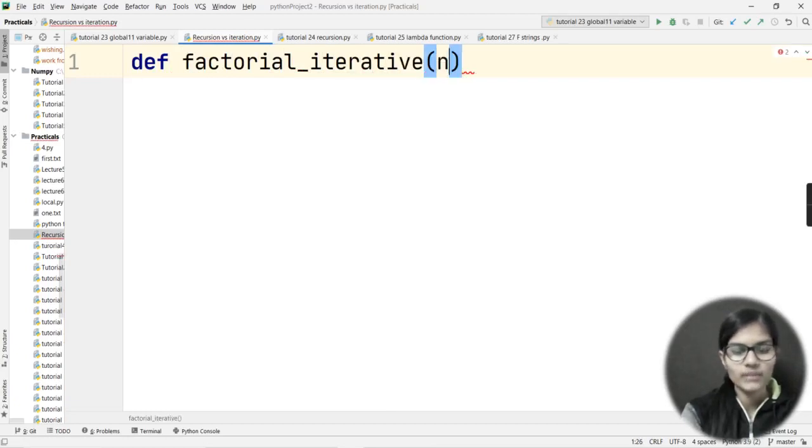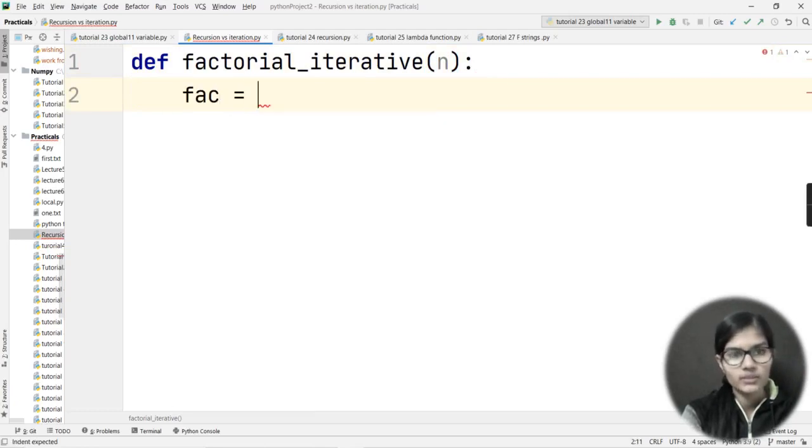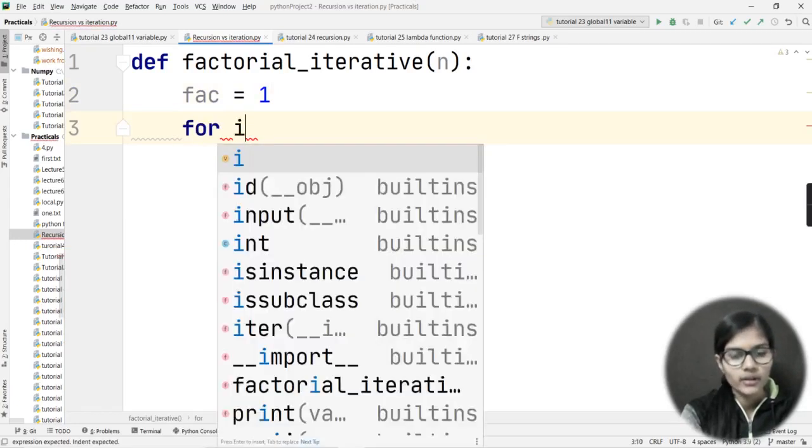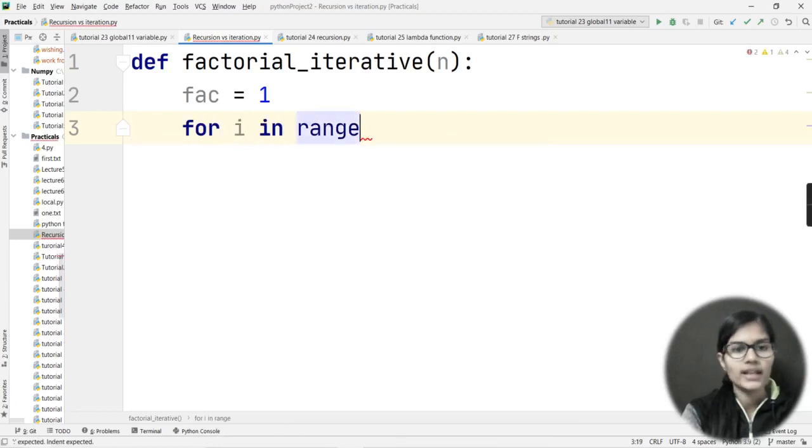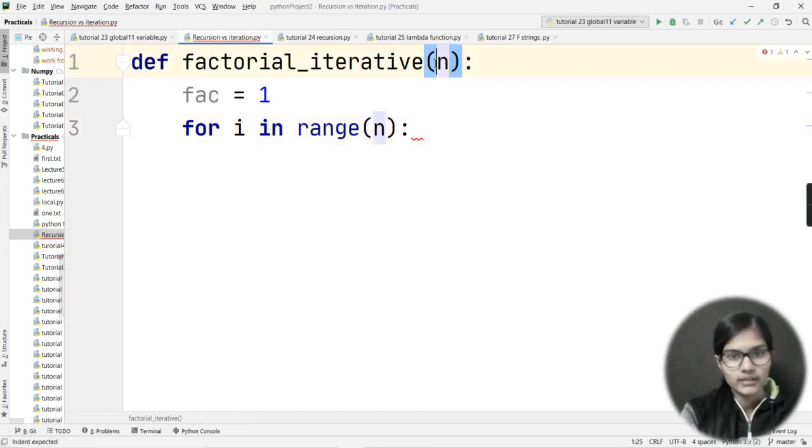In brackets I would pass a parameter that is n. Done. So here firstly I am making a function, def factorial_iterative. And next I have simply made a variable fac, and I have initialized the value as 1 into that variable. Okay, now done. Next I would apply a for loop, for i in range, and in brackets I would simply pass n. Now here my n would be